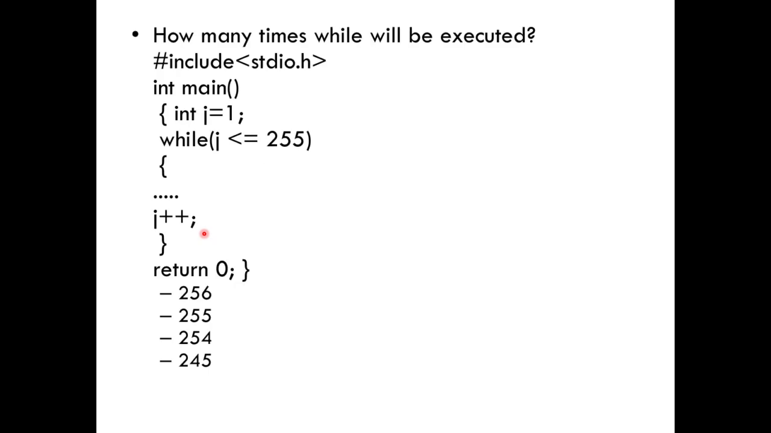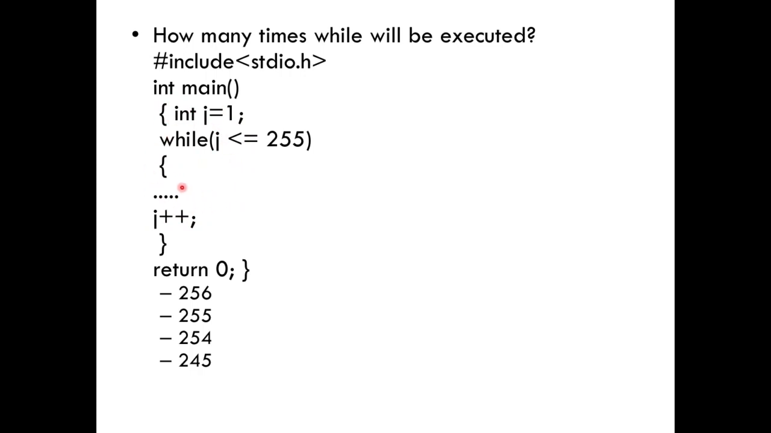Okay. So now we will move to the next slide where you find some interesting executed code. So how many times will the while be executed? So here you can see a main function, j is equal to 1. So while j is less than or equal to 255, you are going to increment the value, and again you are going to loop it. A while is used for looping, right? So it will go on looping this particular